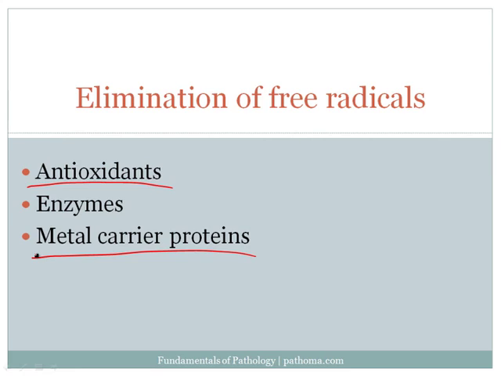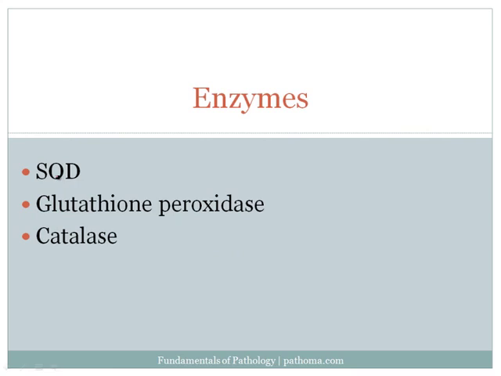The third category of substances that can eliminate free radicals are enzymes. The reason why I take on this category last is because there's a little detail here from biochemistry that examiners expect you to be familiar with. So let's briefly talk about the enzymes. There are three major enzymes, each of them relatively high yield, that are important for the elimination of free radicals. The easy way for me, at least, to remember these is to go back and create that same biochemical paradigm that I highlighted earlier,